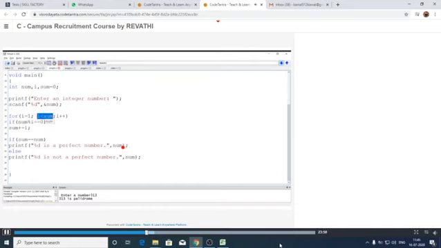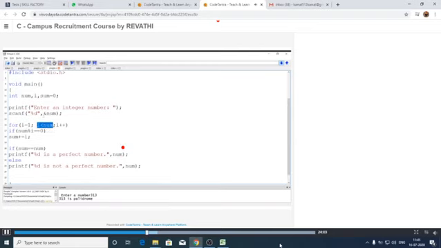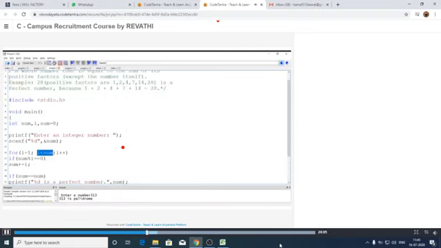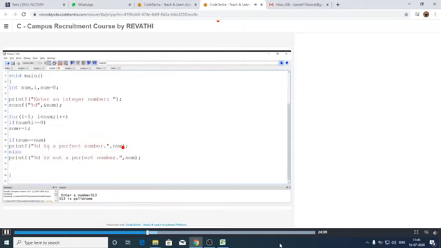Observe that it is I less than num, not less than or equal to num, because here we are not including the given number. This is the logic we have to observe. I less than num, then I is incremented by 1. Now after that, it checks whether the number modulus I is equal to 0 or not.